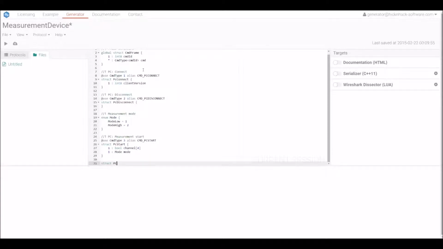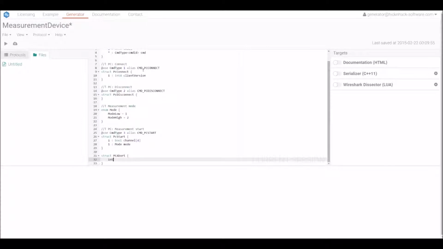Then we define PC abort. PC abort contains a reason why the PC aborted, and PC abort is used when the command type is ID 4 with the alias command PC abort.